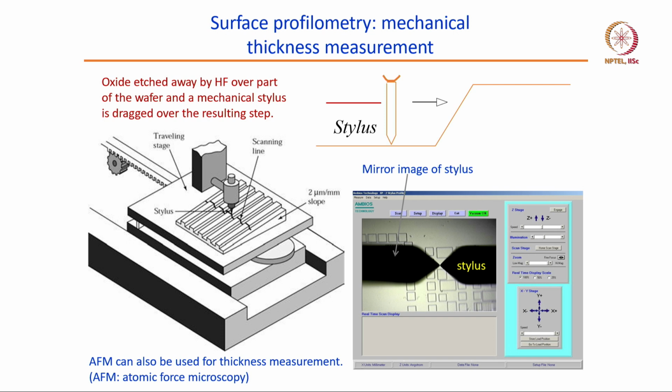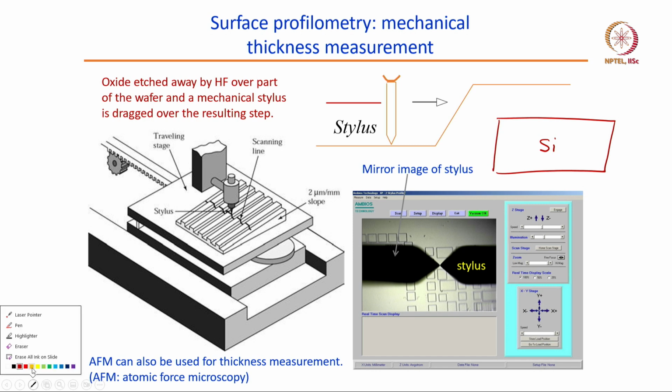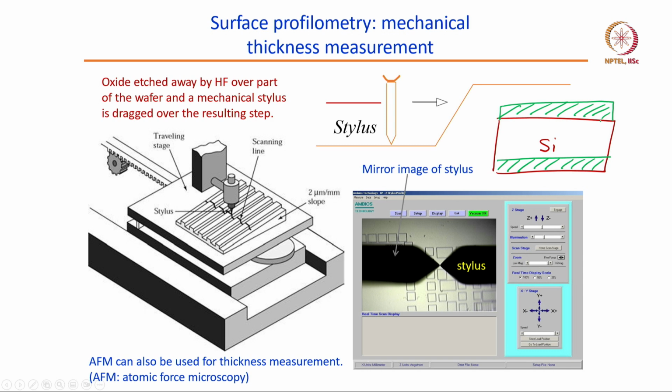Now, once the oxide is ready, how to measure the thickness of this oxide, and for that you have different techniques. The first one is called surface profilometer or mechanical thickness measurement. Here suppose I have a silicon wafer, and on the silicon wafer I have grown silicon dioxide, and I want to know what is the thickness of silicon dioxide. Now, you know that when you load the wafer into the furnace, the oxygen will react on both sides of the silicon, right. It is not drawn up to scale. So, do not worry, silicon dioxide is 1 micron only compared to silicon,